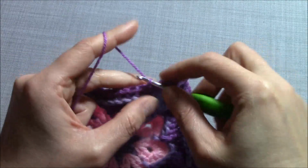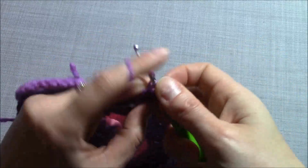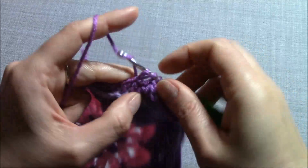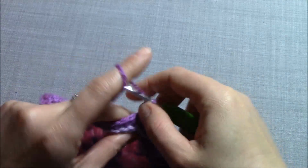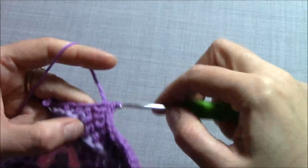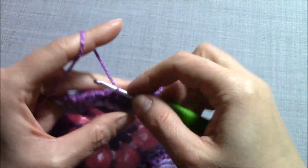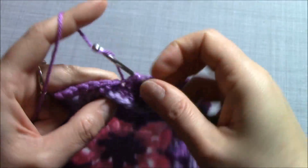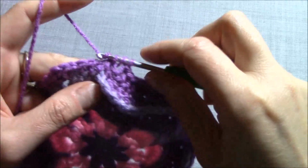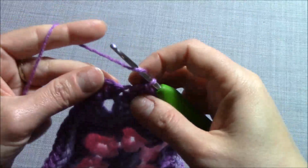5, 6, 7, 8, 9, 10, 11, 12, 13, 14, 15, 16, 17, 18, 19 and 20,